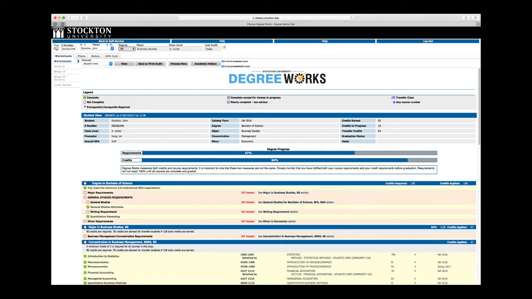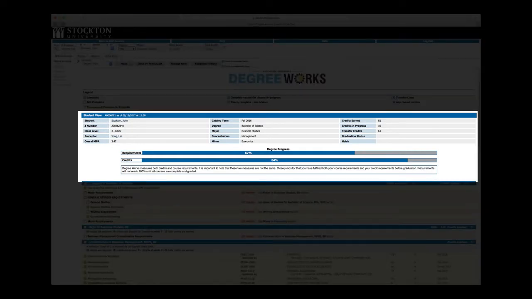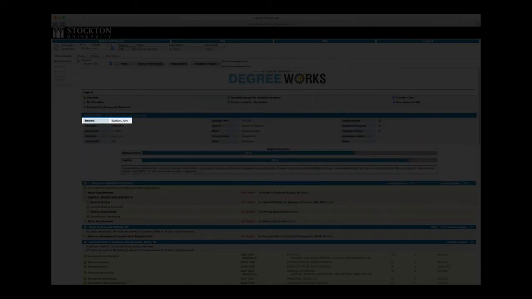In this video, we will present a general overview of the DegreeWorks audit. At the top of the page is the student header. This header presents all of the information about a student relative to the DegreeWorks audit and other academic information. You will notice the student name, the ID or Z number, the class level, the student's preceptor with a clickable